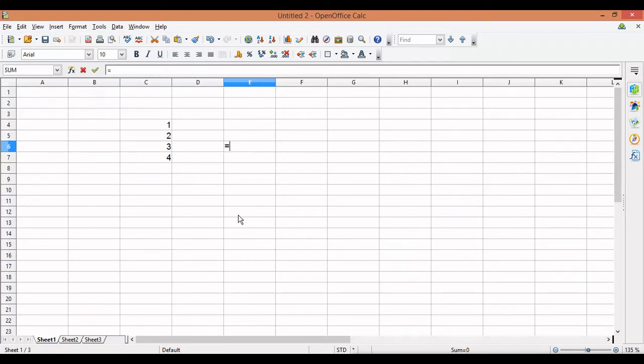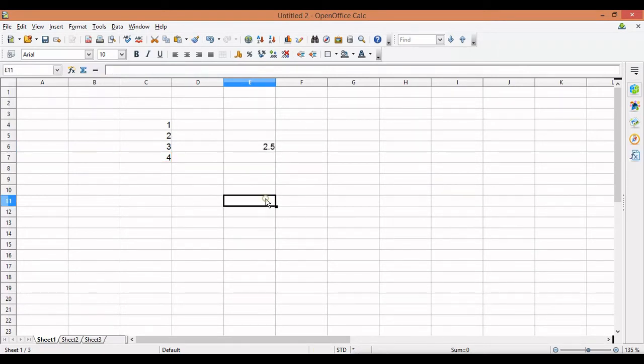For example, if I do equal to this plus this plus this plus this, so this is C4, C5, C6 and C7, and then when you divide this by 4, why 4? Because there are 4 numbers, you'll get the average. Okay, so this is 2.5.